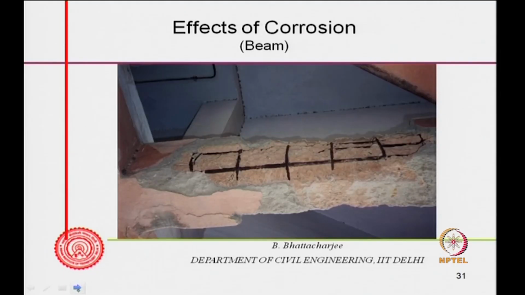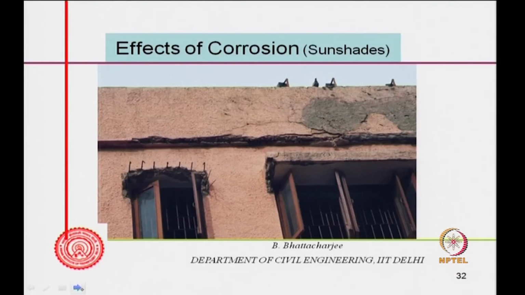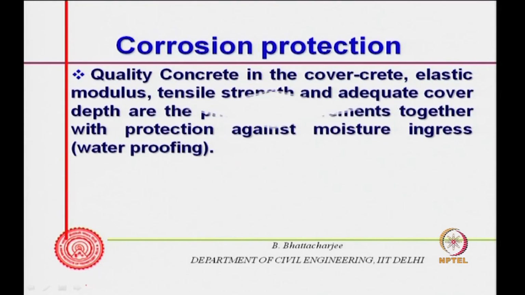This is of course a beam gone fully. This is the sunshade gone completely. So, there are several cases one would find. How do I protect? Quality of concrete in cover concrete, elastic modulus, tensile strength and adequate cover depth are primarily required for corrosion protection,